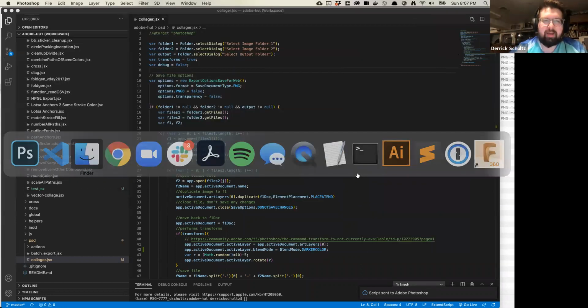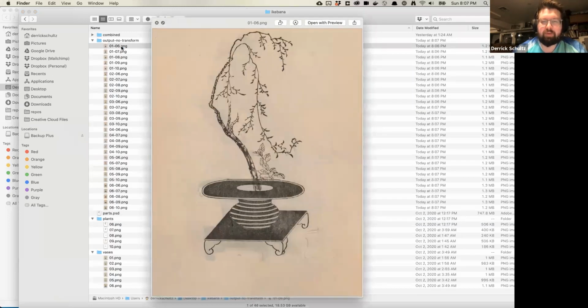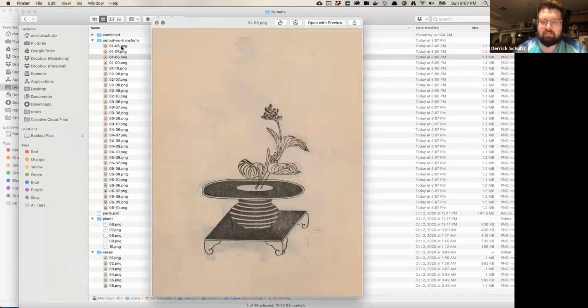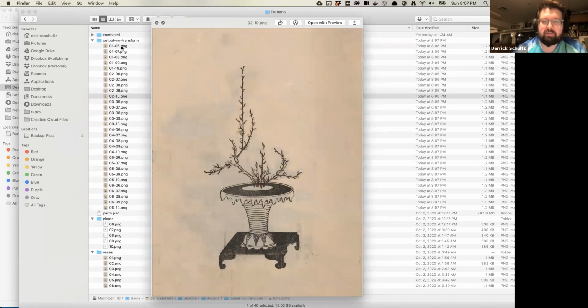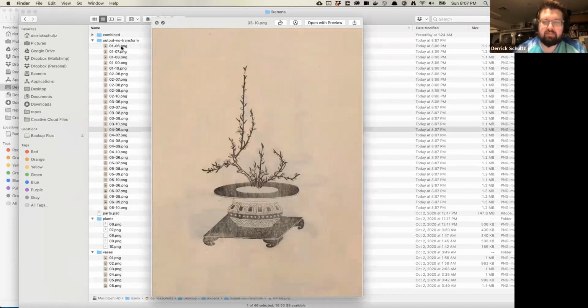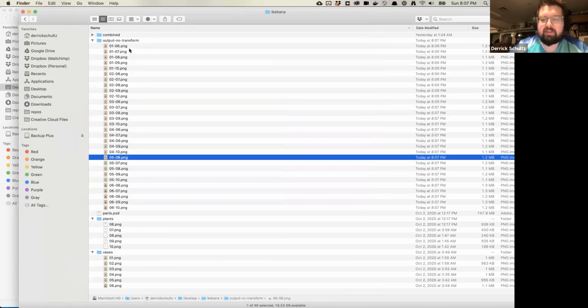So let's take a look at what happened here. This is now named wrong, but so it goes. I come in here and open these. You'll see I got that vase with different flowers, and this vase with different flowers. So it worked. You could apply this to pretty much any two files you have, if their base file only has flat artwork and no transparency, and your top file has transparency in it, as long as the files are the same size and match up, again, that onion skin idea.